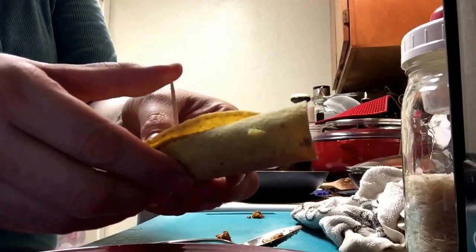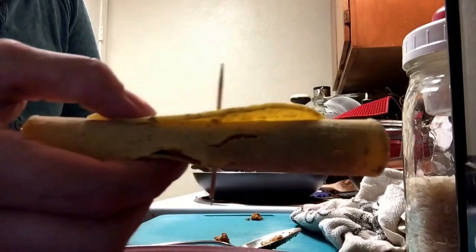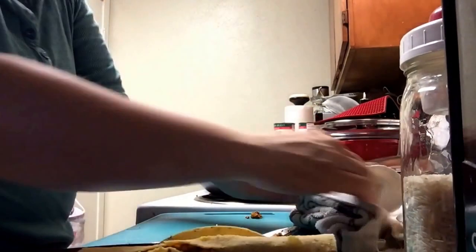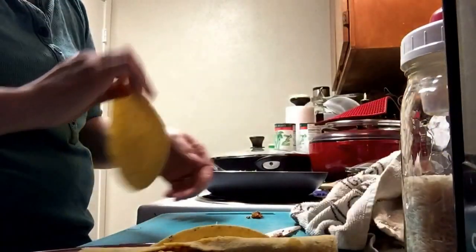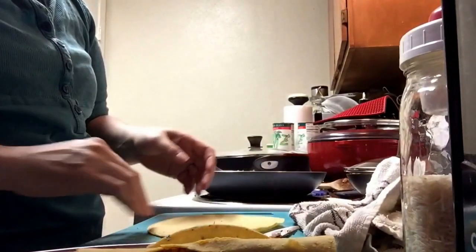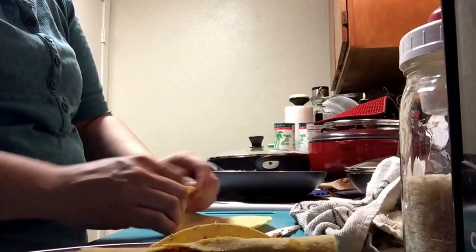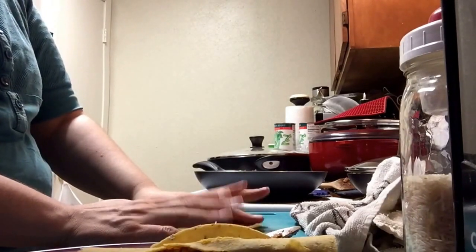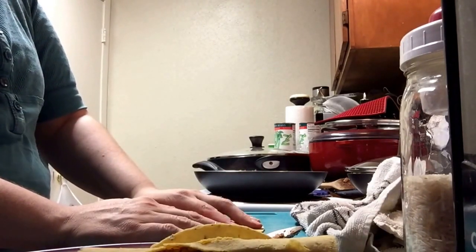I think they're gonna just all crack. I don't think there's anything I can do about that. Suckage. I don't know what to do. What do I do? Put some fat on them. Oh, they're all gonna crack. Okay. I think